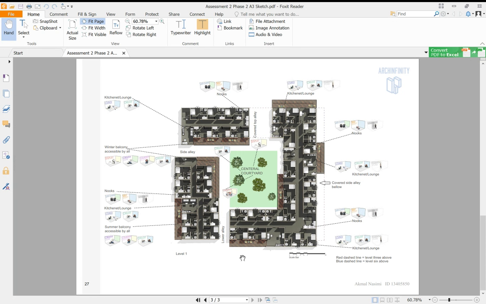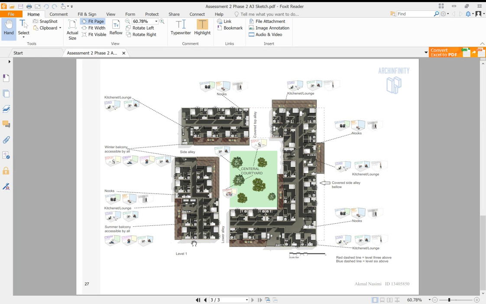Level 2 has a few more areas to have a look at. Again, every part of the building is a group or a family that lives together. They've got their own study nooks or areas that they can self-study or collaborate. They've got the lounge to chill out with and enjoy the company of the rest of the group in that area. But they've also got things like the building below creating a summer balcony for them, for example, that